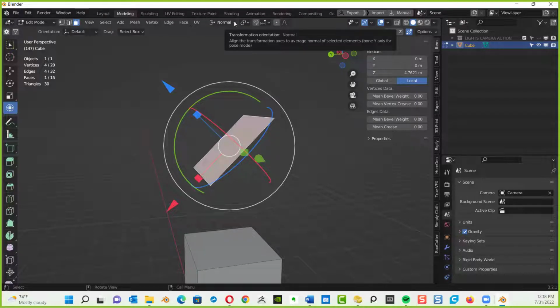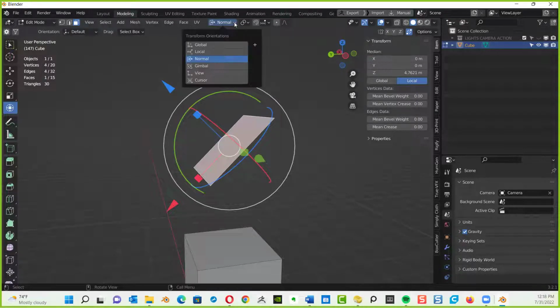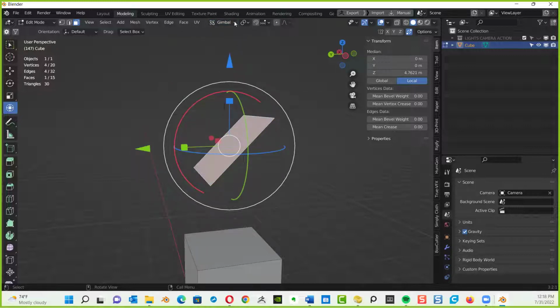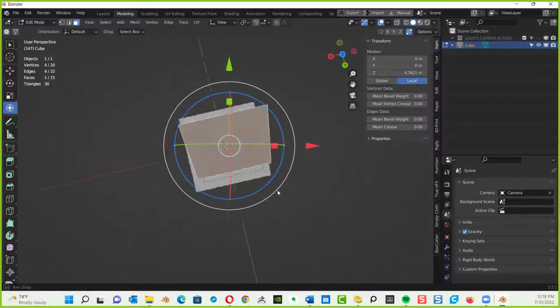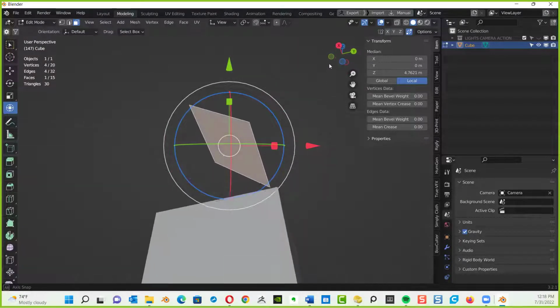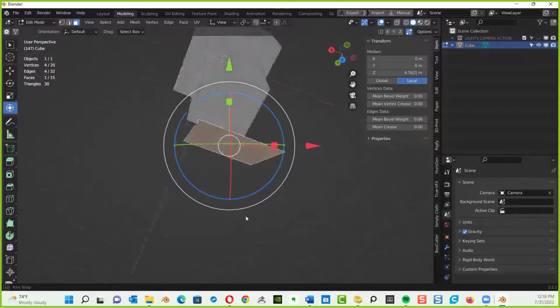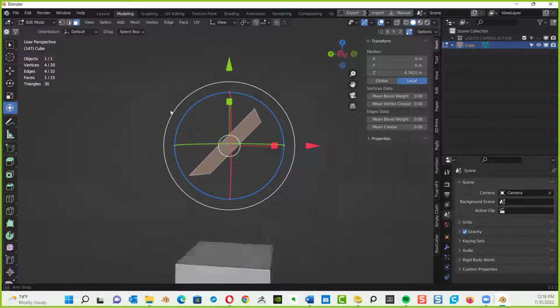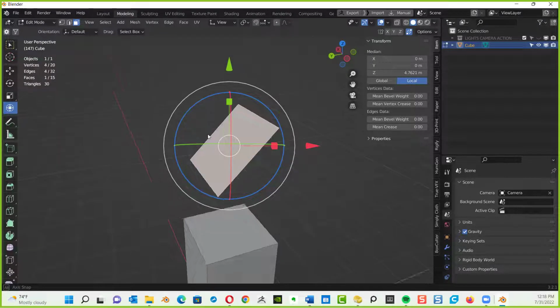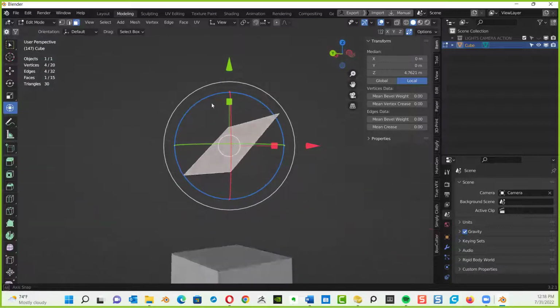Now, hopefully everybody's still watching me and not doing it. I'm going to let you guys do it in just a minute. Now, I'm going to go to gimbal. What's gimbal? It's that white line there, right? I can also do view. Now, check this out. View means the widgets stay positioned based on your angle of view. Look at that. Incredible flexibility. And it's going to take you a while to get used to this when you're modeling, because everybody's going to have their own different style of modeling.